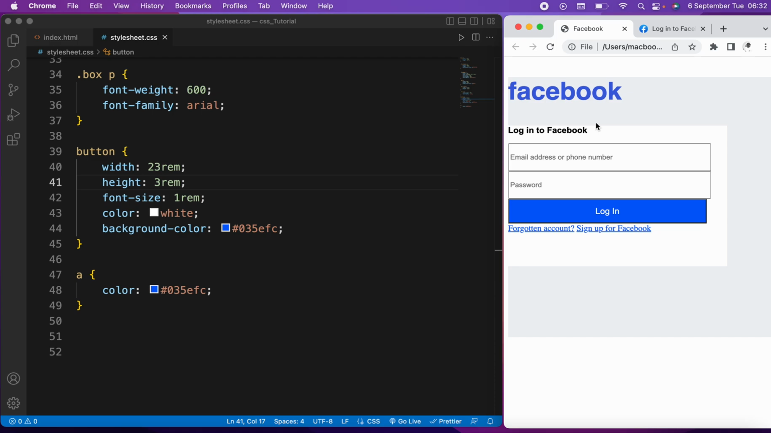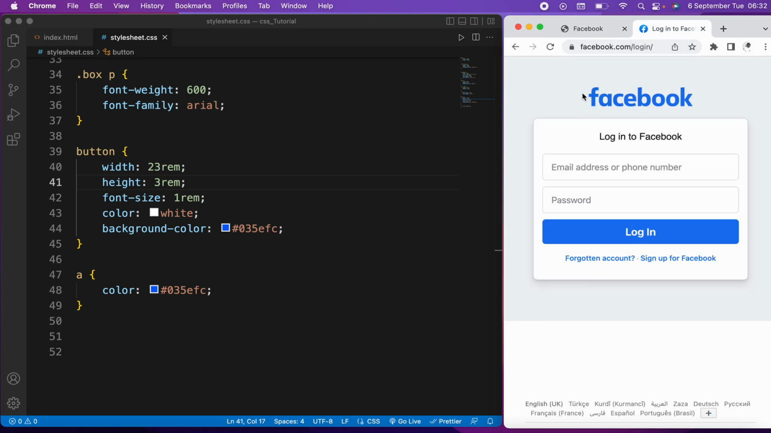and a width. In the next video we'll continue styling our web page to continue to